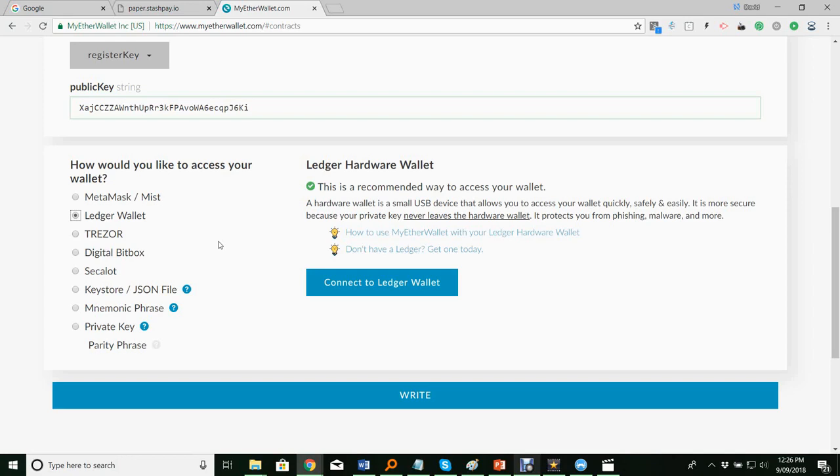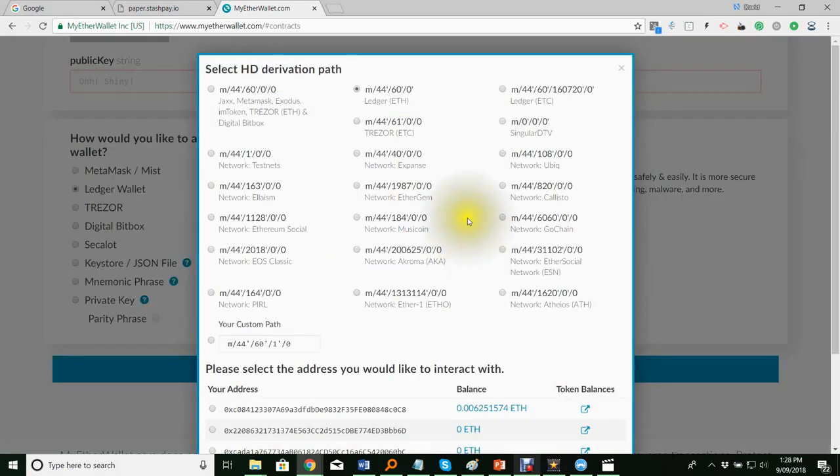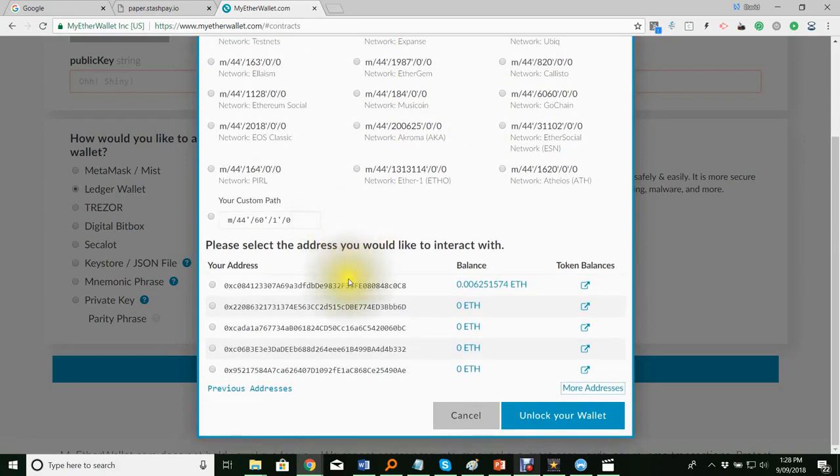Once you have done this, select Ethereum on the Ledger wallet. Next, click on Connect to Ledger Wallet. You will see a pop-up box. Scroll down towards the bottom of the box where you will see your Ethereum address where you hold your STP